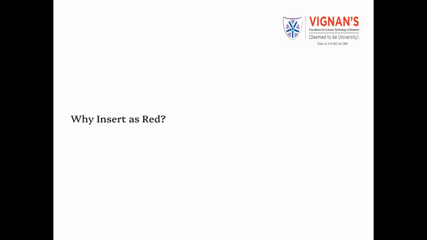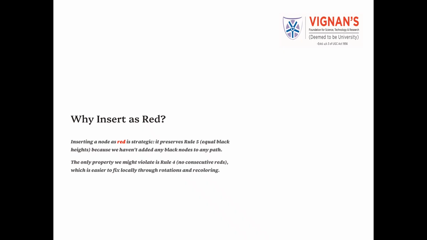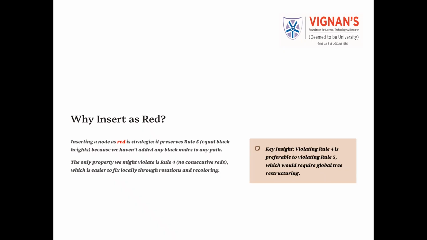Why insert as red? Inserting a node as red is a strategic decision. It preserves Rule 5, the equal black height property, because no black nodes are added to any path. The only possible violation is Rule 4, which involves consecutive red nodes. This violation is easier to fix locally using rotations and recoloring. Key insight. Violating Rule 4 is preferable to violating Rule 5 because fixing black height violations would require global tree